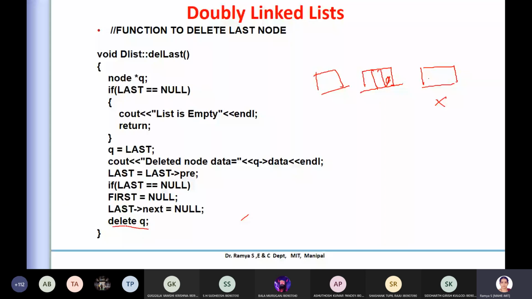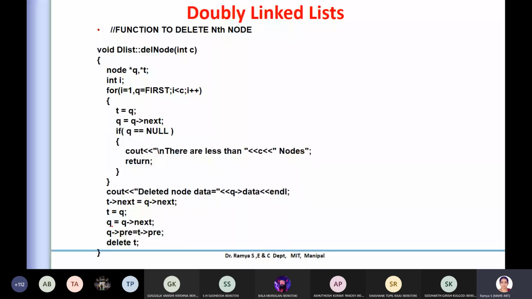Yes. Okay. Now nth node. How have we done insertion at the nth value? You can do the insertion at a particular point. So we have seen add after a particular point. Now you can delete a particular point also. You're just giving a number, which node you want to delete. What care you have to take is whether that many nodes exist or not. Say if I want to delete the fifth node, you should make sure whether the fifth node exists or not. There will be some condition for whether it exists. If it doesn't exist, this information will be given.